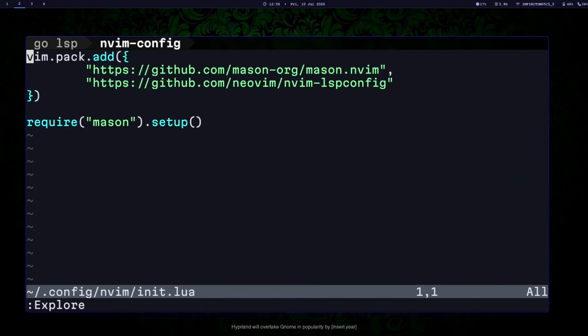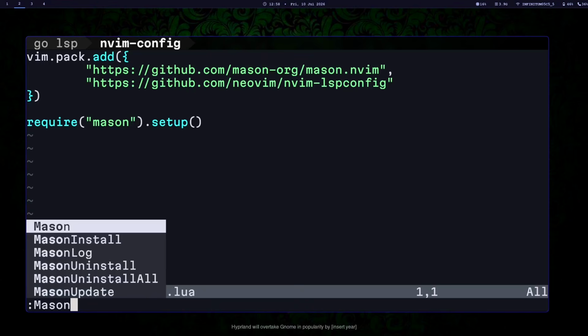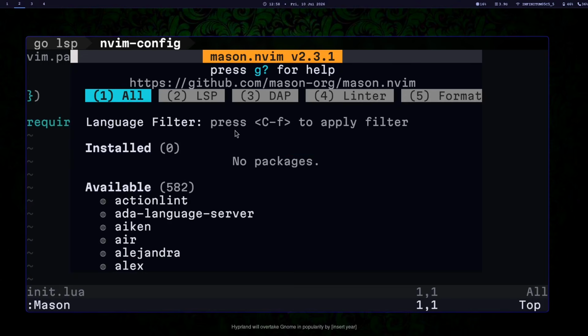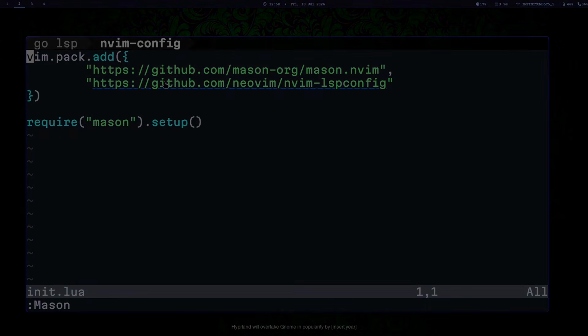To check if we have Mason, we can just type the Mason command, and if you see this menu, everything is fine. Okay,